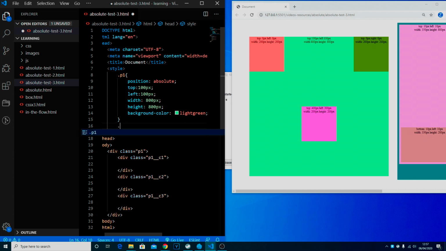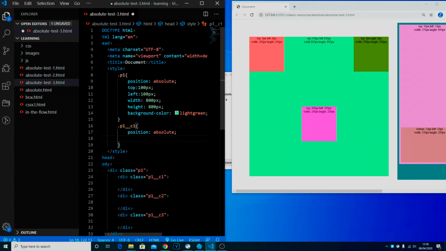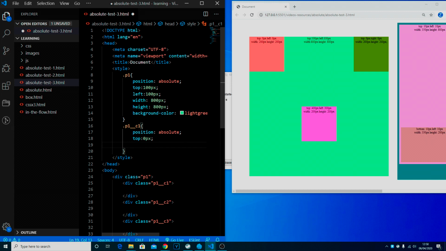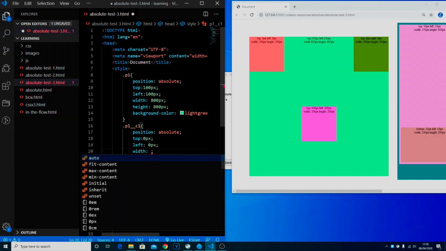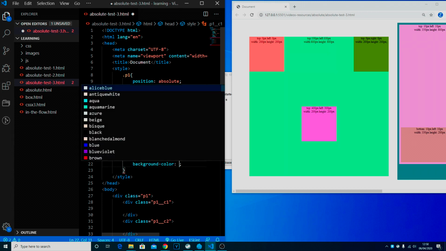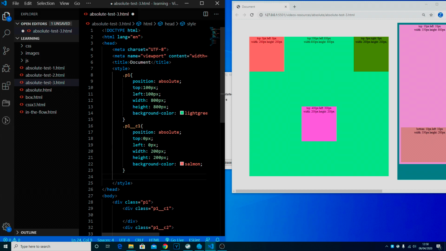Okay, now we can do the child, so it's P1 _C1, and we go for position absolute again, and we go for top of 0 pixels, we go for our left of 0 pixels, we go for a width and a height of 200, and background color, just like it's salmon or something similar, and then we go with C2. So again, dot P1 _C2,